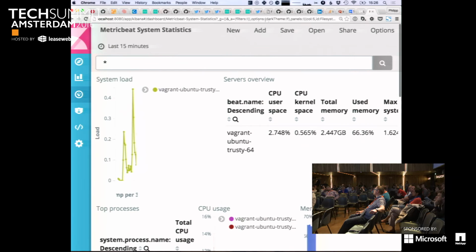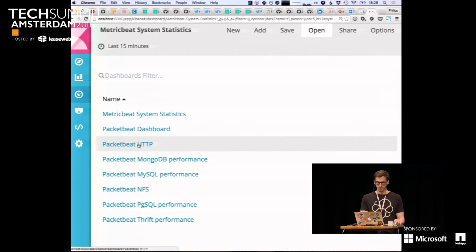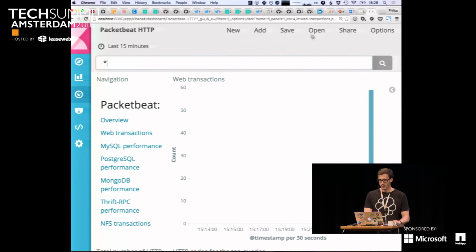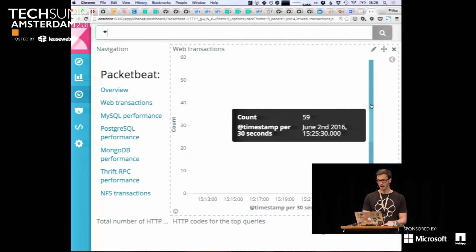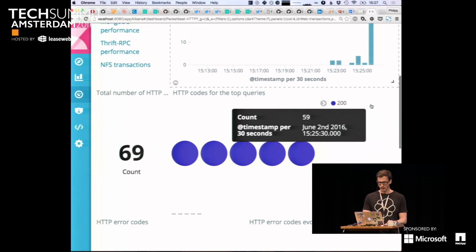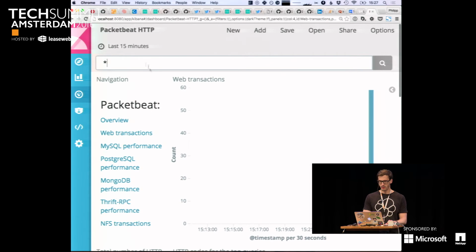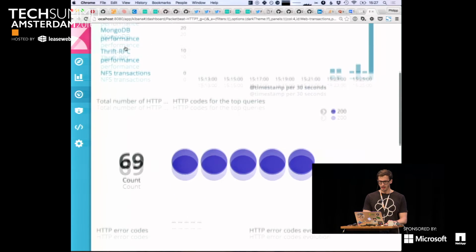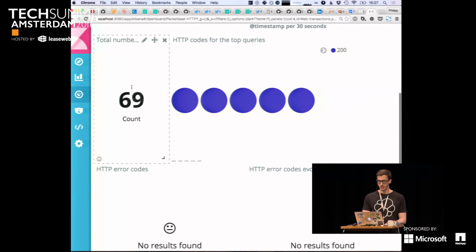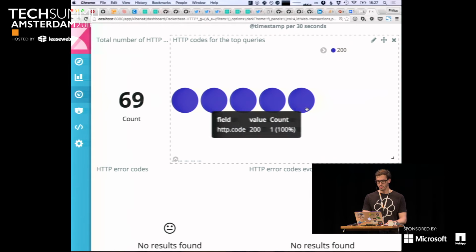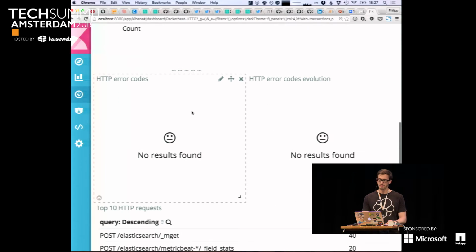And other things you can just see, for example, HTTP should give us something. So all the requests both to Elasticsearch, since they're just REST calls, and all the calls to Kibana should be here. And you can see, OK, here I've obviously had a peak. I had 59 requests just in those 30 seconds. And in total, in my currently 15-minute time frame, I've had 69 calls in total. My top URLs were all 200 codes, so I didn't have any errors. So yeah, too bad I didn't have errors, because then I don't have anything to show off here.